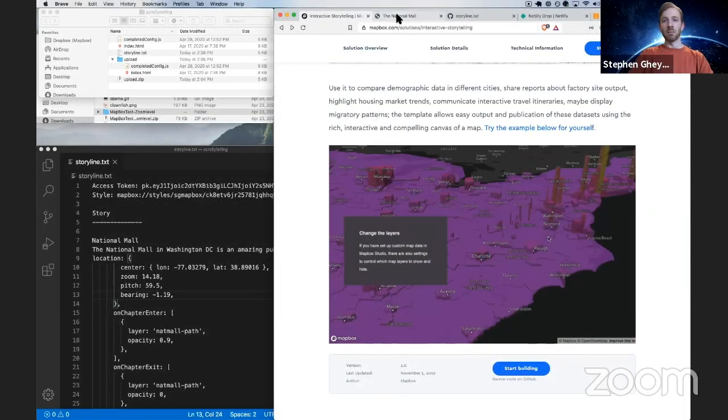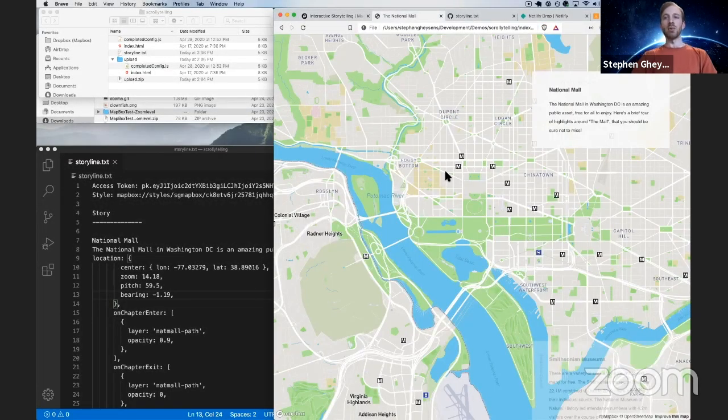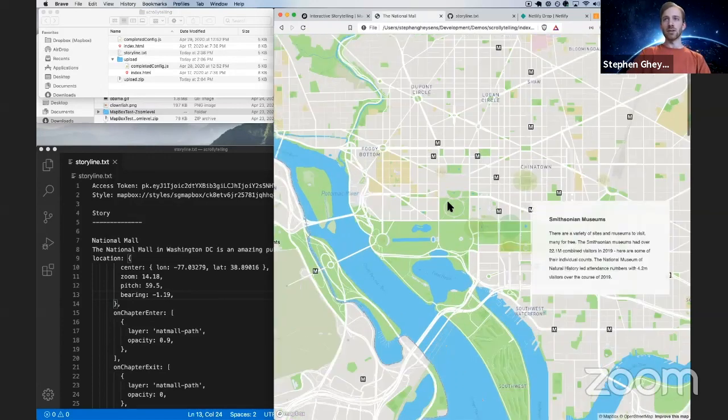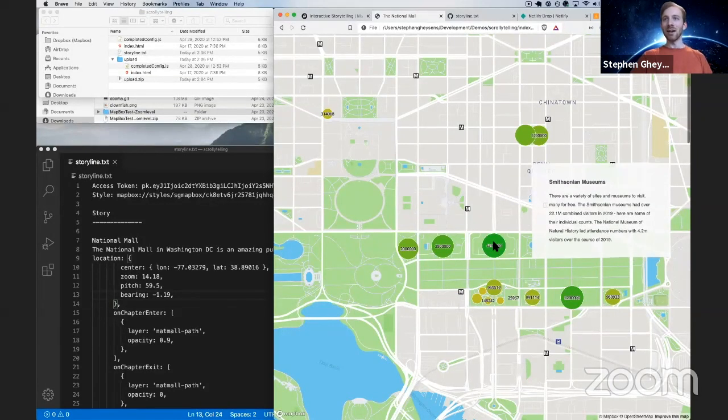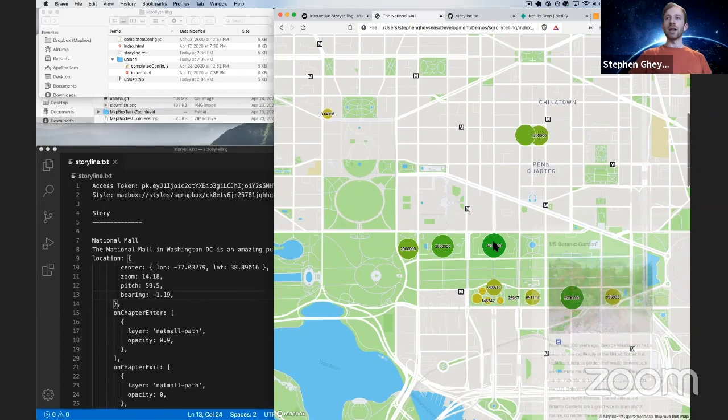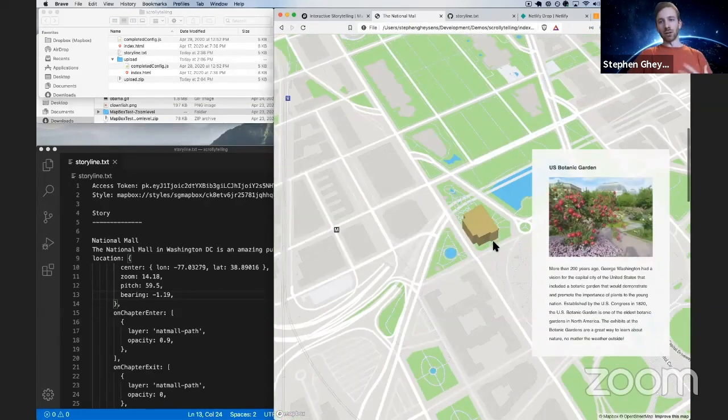The one that we're actually going to build together today combines a couple different types of data layers. So you'll see we have some data-driven styling where these circles here represent attendance numbers at the Smithsonian museums. I was actually surprised to learn that the National Museum of Natural History was the most attended Smithsonian in 2019. But this is supposed to really highlight how diverse the data can be